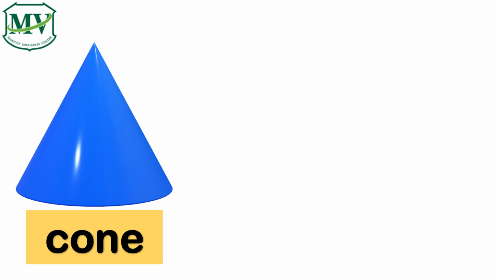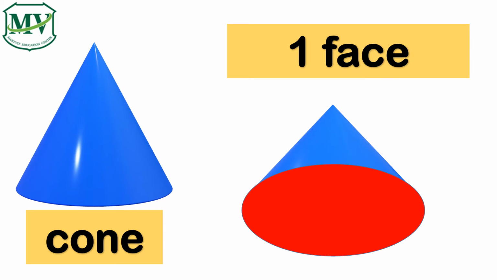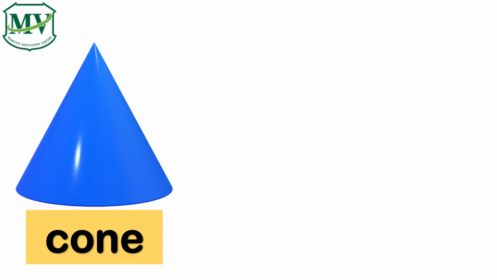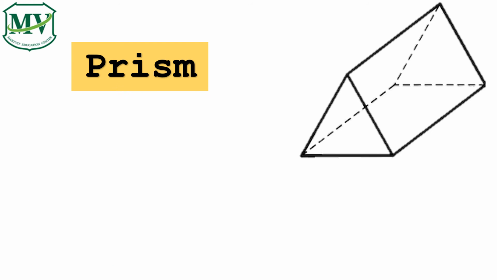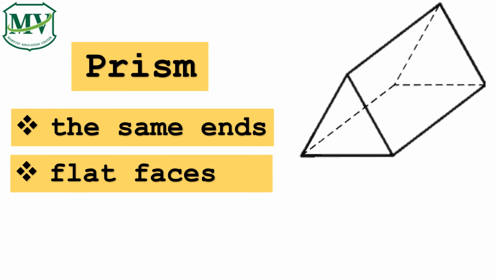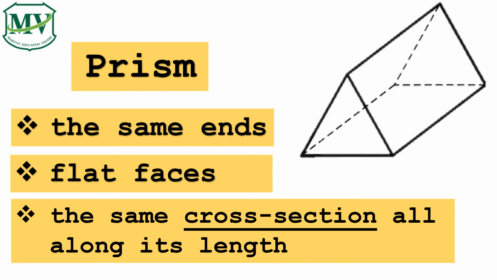A cone is a three-dimensional figure. It is made of a flat circular base and a curved surface. The top of the cone is the vertex. Can you name some objects that are cones? Good job! Prisms are 3D shapes which consist of two equal ends, flat surfaces or faces, and also have identical